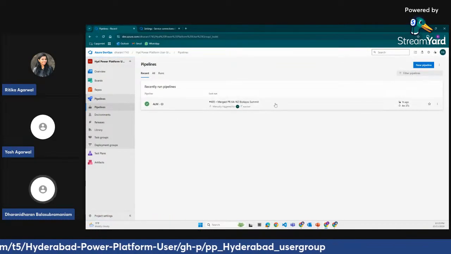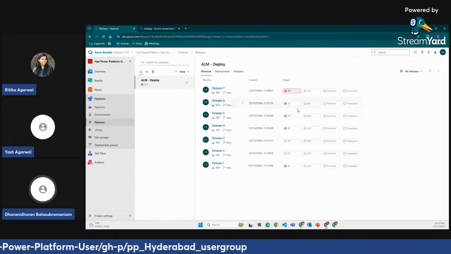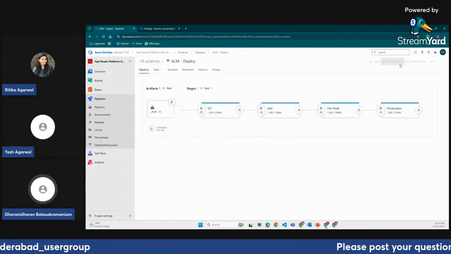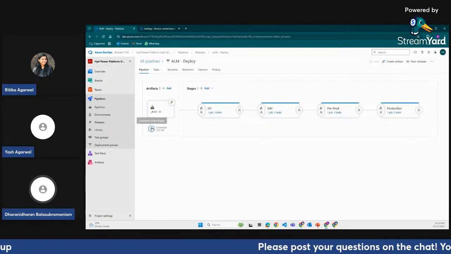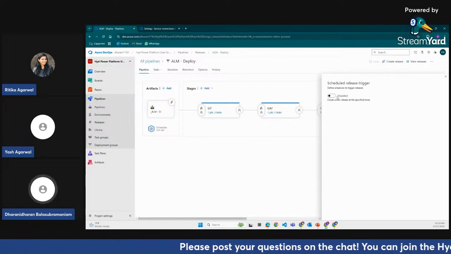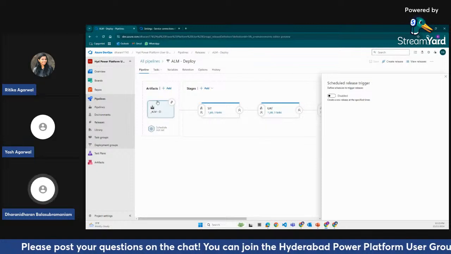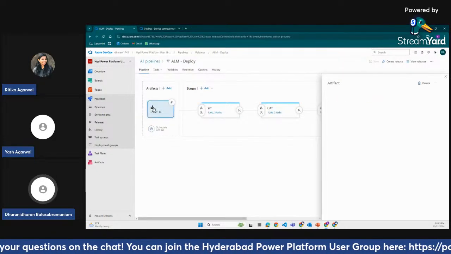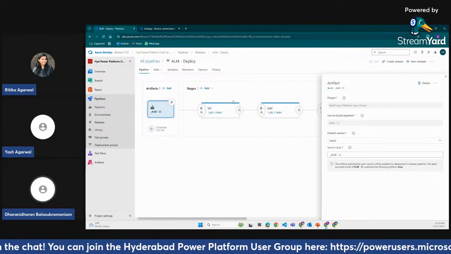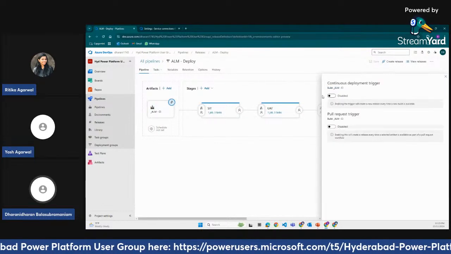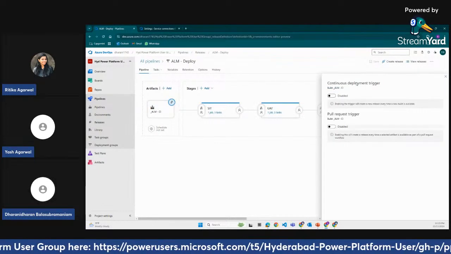Once the build pipeline succeeds, you can configure the release pipeline to trigger automatically, or if you want to schedule it, that is also possible. If you click on this option, you will get an option to schedule it, or run it whenever the build succeeds. So all those configurations, if you click on this one, here you can see the continuous